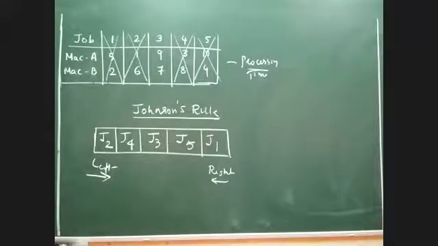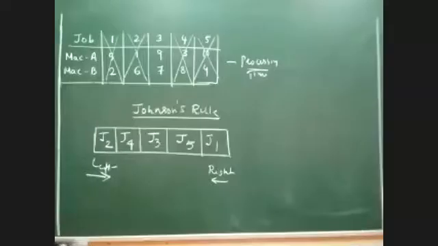And please remember, immediately after assigning a particular job, please block that. If you don't block it, what happens is you will take the same job again and again and start getting confused. So you can just put an arrow or a cross mark like that, indicating that that particular job is already assigned. That is for your reference. Don't scribble over the whole problem in the exam. It is only for your reference. You can just slightly put a cross mark, giving you an indication that this is already assigned. Is it clear? So this is what we call Johnson's rule.